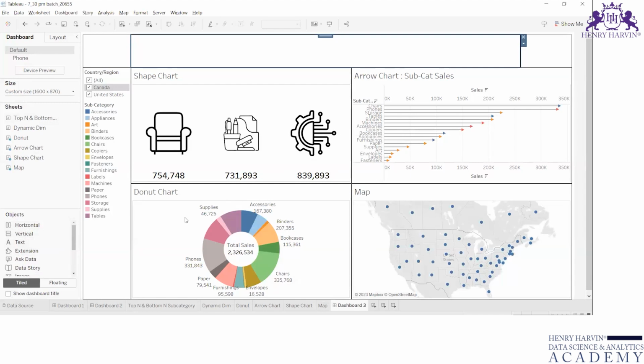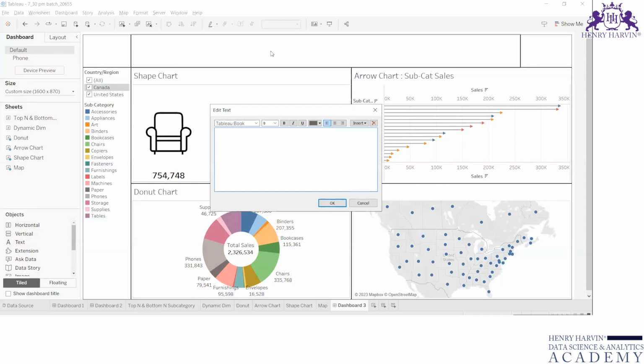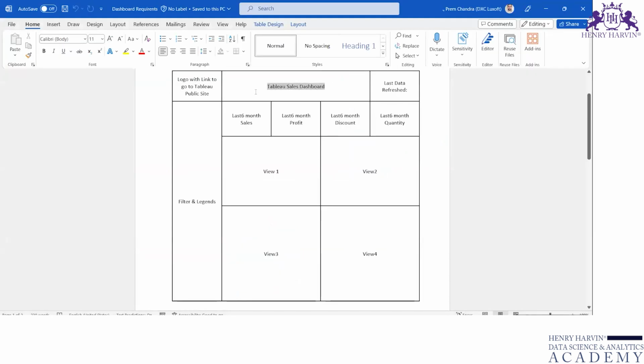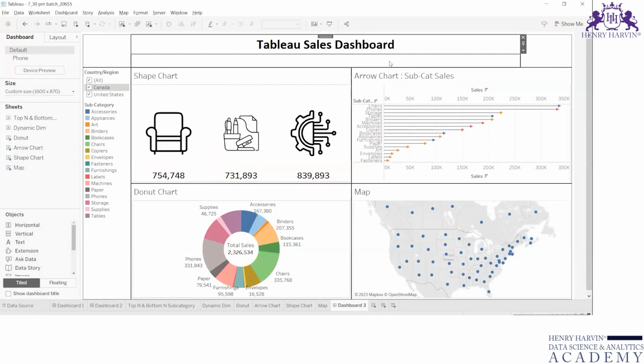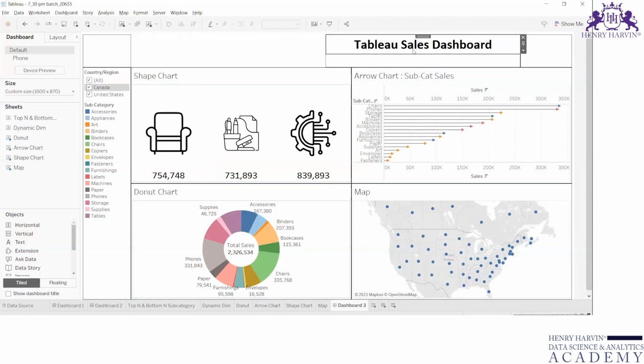Now, if you want to add a title, it is a text. So you have to drag this text and drop it over here. You can write whatever you want. My Tableau dashboard name is Tableau Sales Dashboard, so I will write it over here. I'll bring it to the center, make it 26, make it bold, and click OK. So now I have my title over here. But the problem in the title is I don't want to see it like this because it is divided into